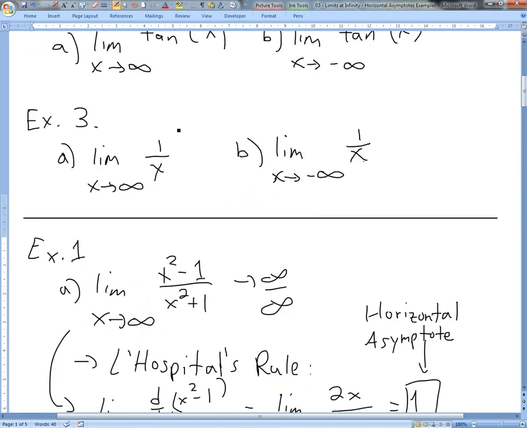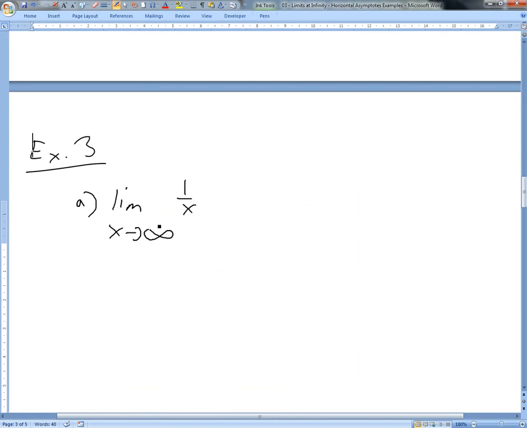And now the last example I want to go over is this one here, example 3. Basically, part A is limit as x approaches infinity of 1 divided by x, and part B is the same thing but as you approach negative infinity. So if I write this one right down right here, limit as x approaches infinity of 1 divided by x,